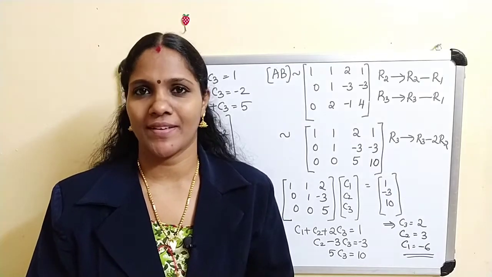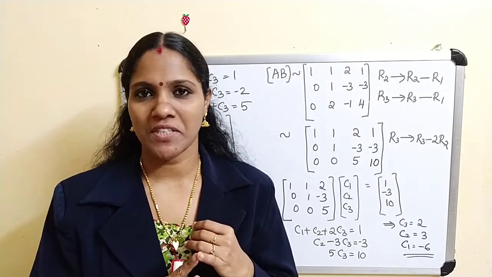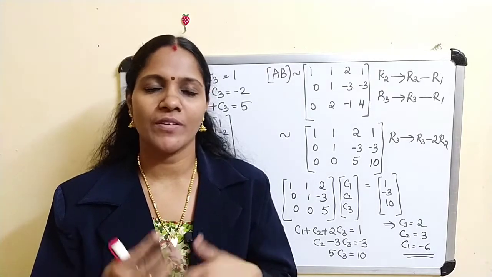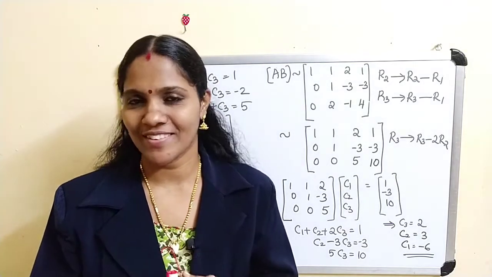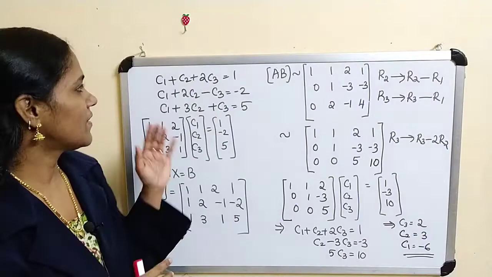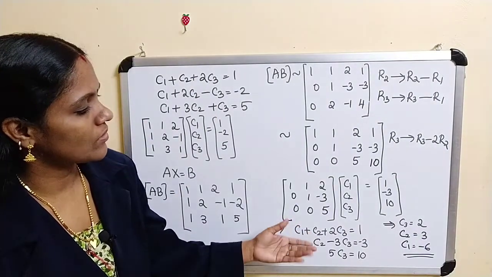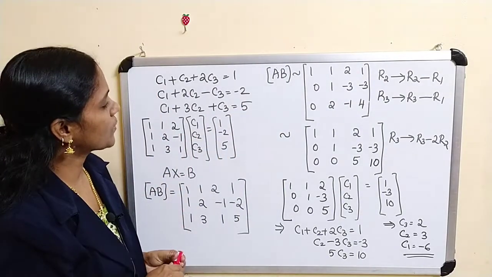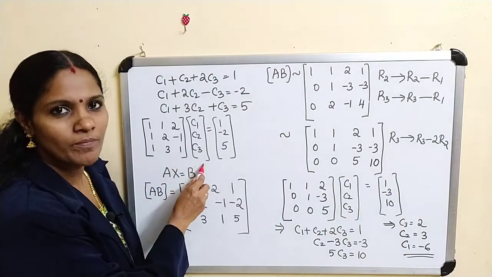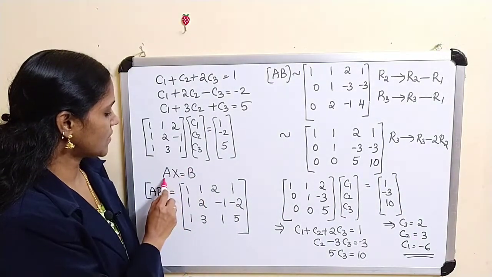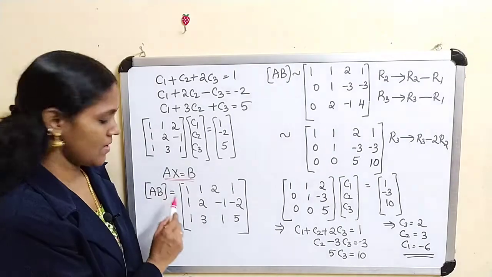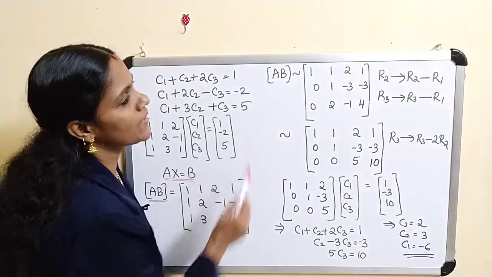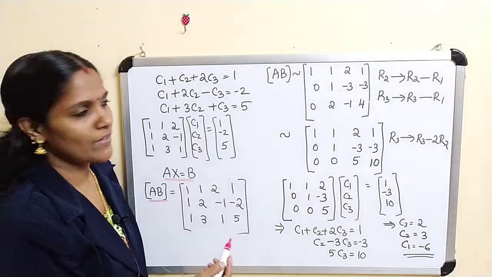You can use any method. You can use Gauss elimination method, you can use Gauss-Jordan method, you can use row echelon canonical form, or you can use solving the system of equations simultaneously. Any method. Here I am using Gauss elimination method. So this is our equation, and you can write it in matrix form. And this is now in the form Ax equal to B. Now the augmented matrix AB equals this one, and the corresponding row canonical form.